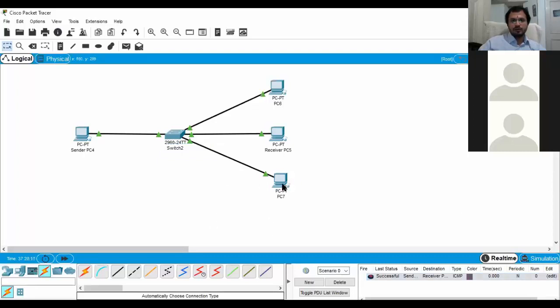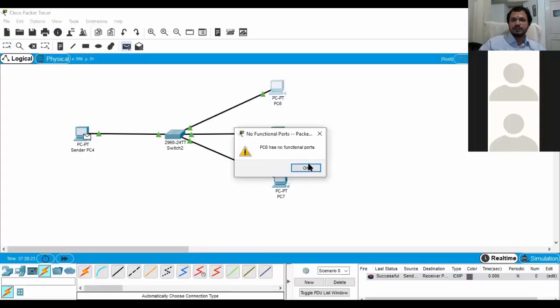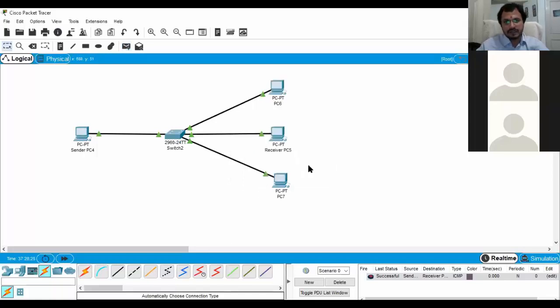Now, I told you that if I want to connect this device also, which I have connected, it will say there is no functional port. Why? Because I have not assigned IPs, that protocol we were talking about before is not defined there.